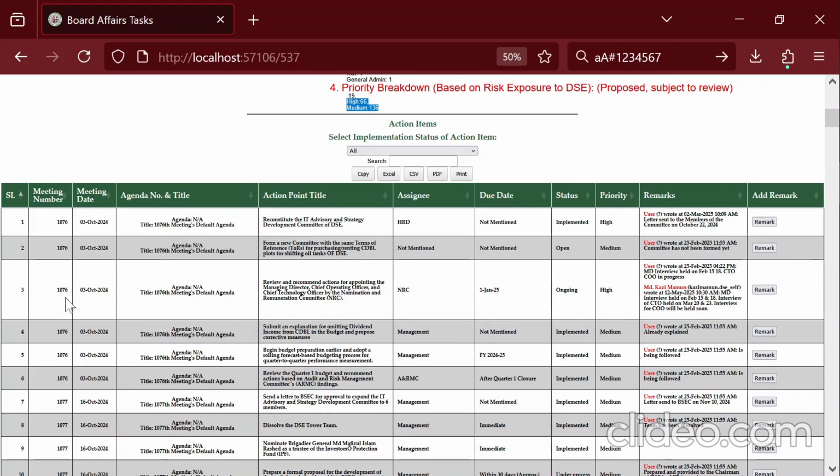We can see the title of the action point. We can see from which agenda the action point comes. We can see which meeting the action point comes from. We can see the date on which the meeting was held. We can see to whom that action point is assigned, the due date, whether it is completed or whether it's